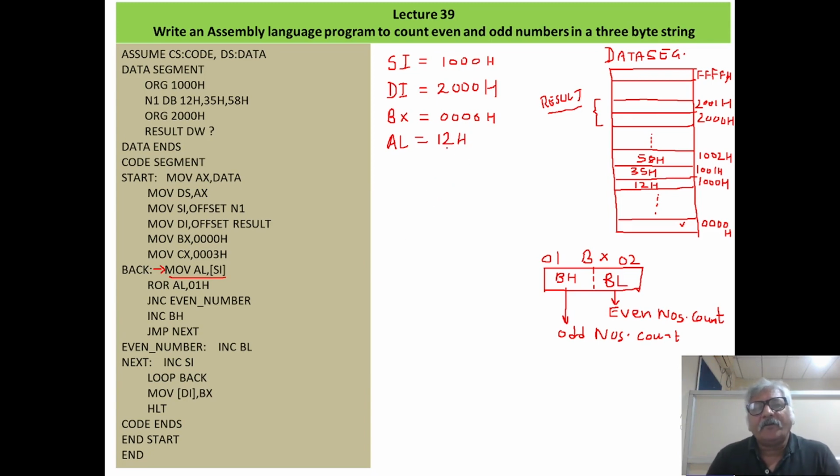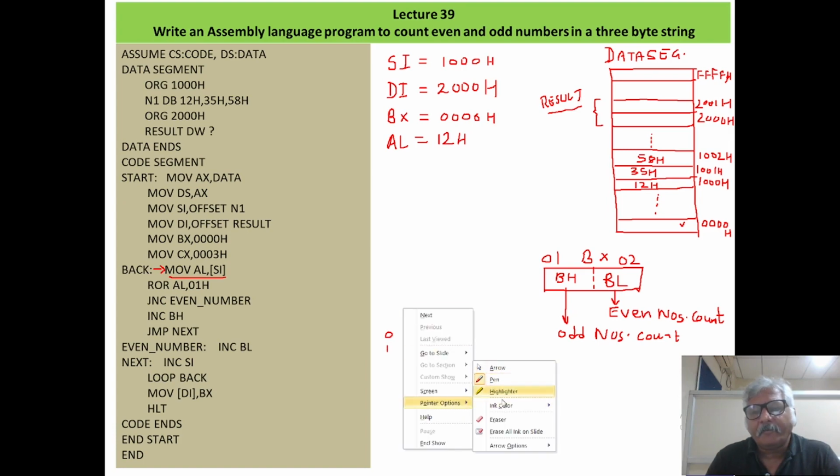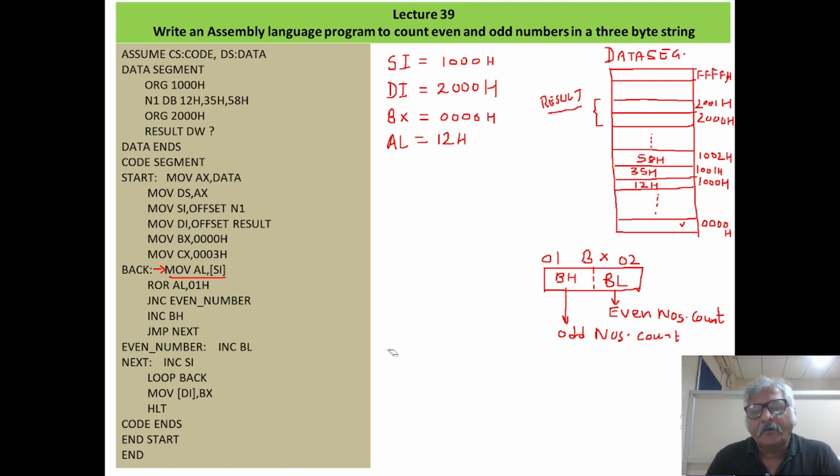Now I have to check whether this number is even or this number is odd, okay? So before coming to that, I will write here few odd numbers and even numbers, like suppose number is 0. Okay, I will write here.